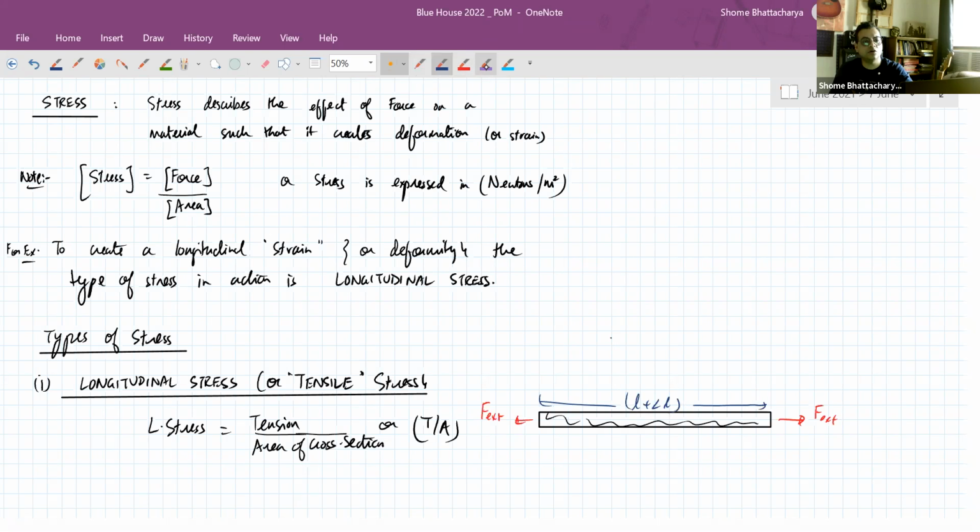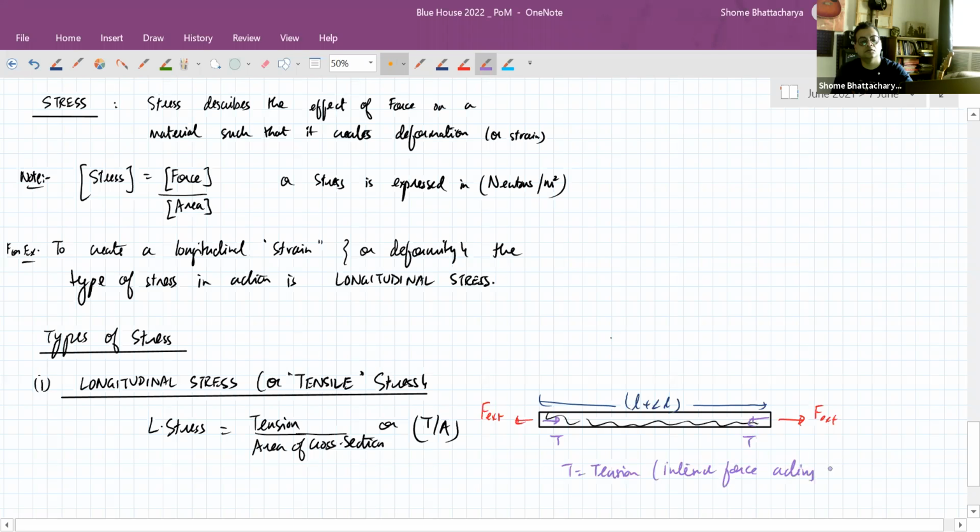But as you also know, the rod develops an internal tension, which acts restorative in nature. So this is the tension, that is an internal force acting along the length, and A is this area of cross section. So if this rod has this area of cross section,